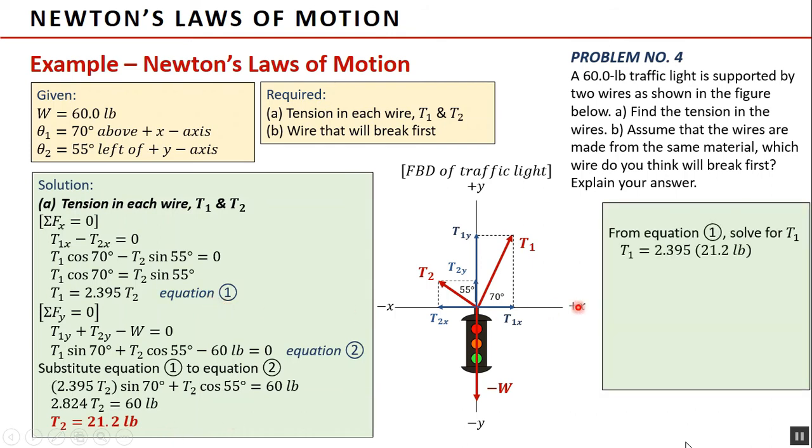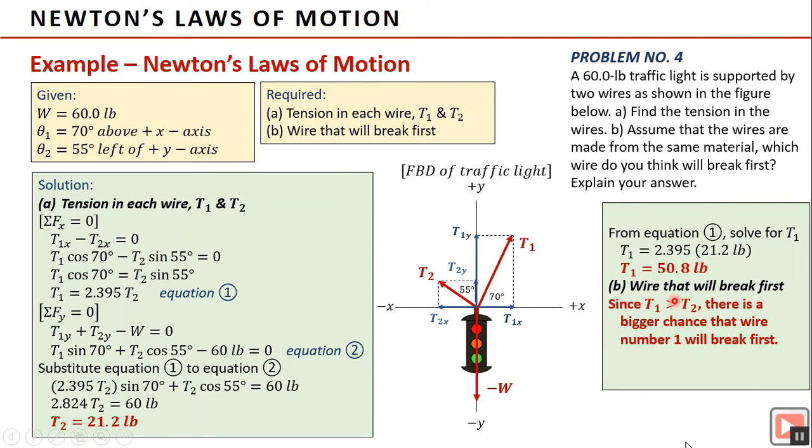Then we go back again to equation 1 to solve for T1. So T1 is 2.395 times 21.2 pounds, which is 50.8 pounds. Is everything understood? So the tensions in the wires are 21.2 pounds and 50.8 pounds. Then for letter B, since T1 is greater than T2, there is a